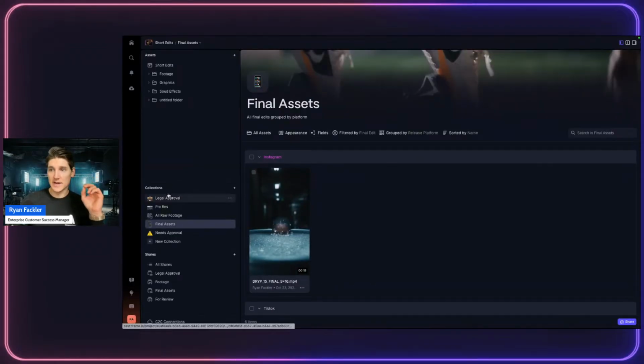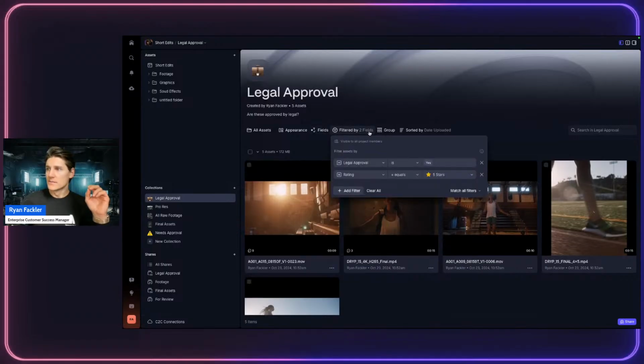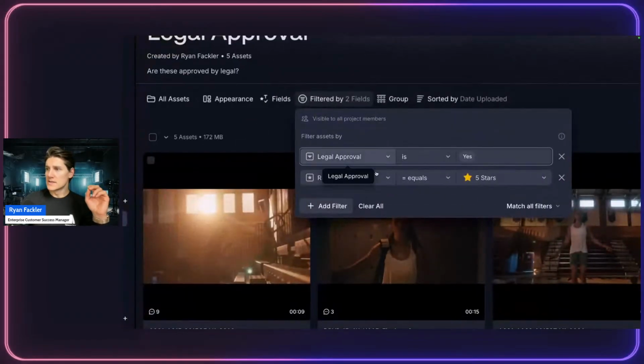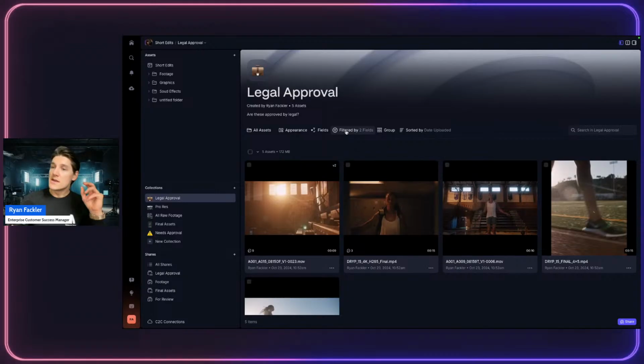An additional example that I made last week was for legal approval. I created a metadata tag field. This is legal approval is yes, and the rating is 5 stars. So if you notice here, I added in multiple filters. I can add in a third, I can keep going. So this collection will then auto pull any asset that has those tags